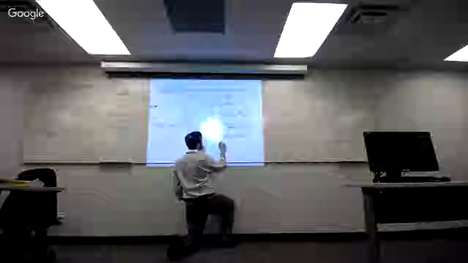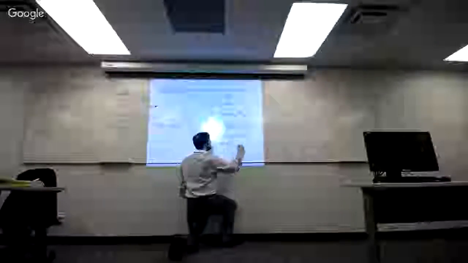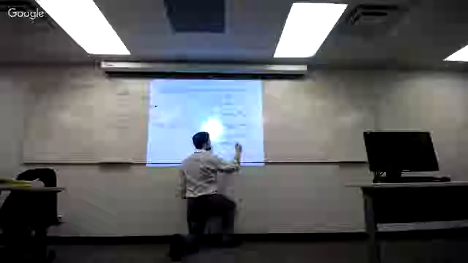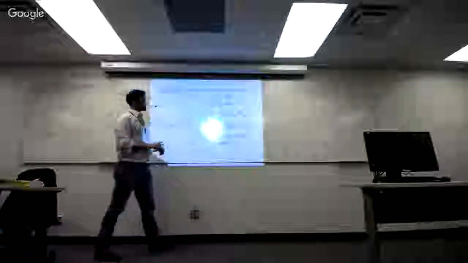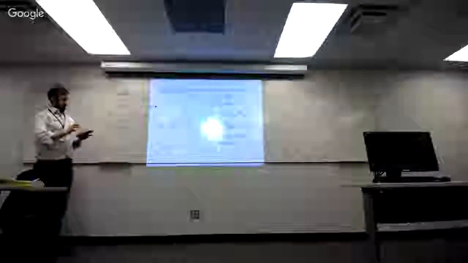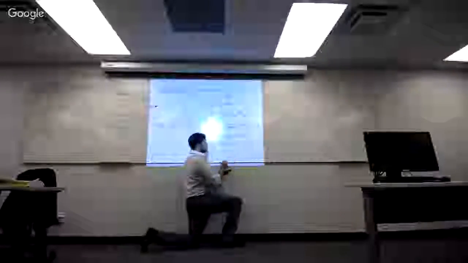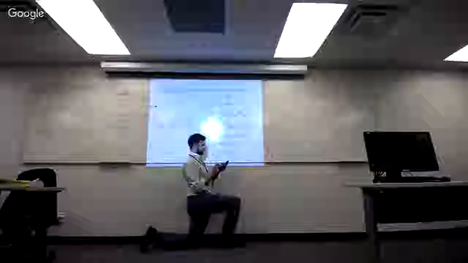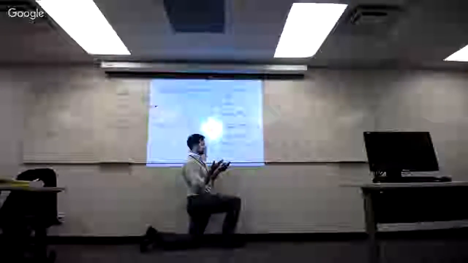So that gives us 33,333 times e to the 0.12 minus e to the 0. Well, e to the 0 is just 1, so e to the 0.12 minus 1, which is